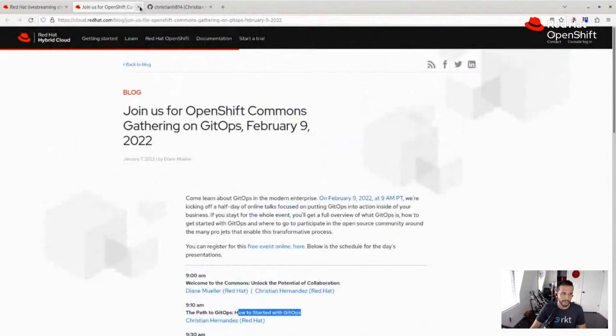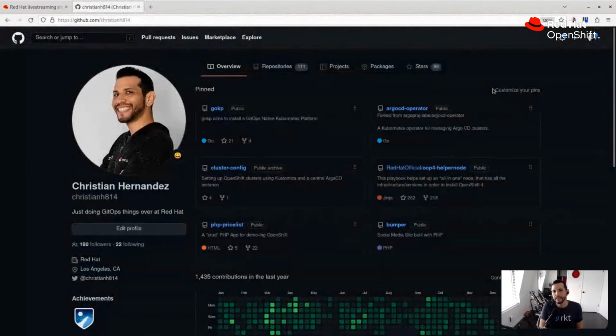So moving right along at 10,000 miles per hour pace. The idea here is I get a lot of questions, not only from Red Hat's solutions architects and consultants, but even in the upstream, the OpenShift GitOps, Open GitOps community, the Open GitOps working group. We get this question a lot. The question is, okay,